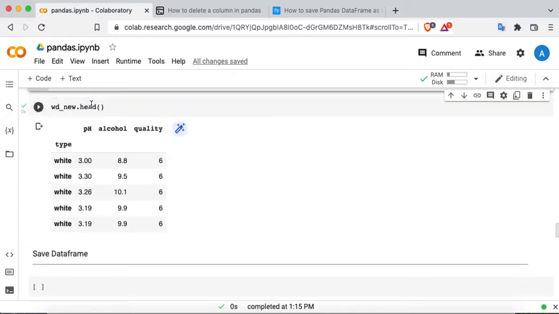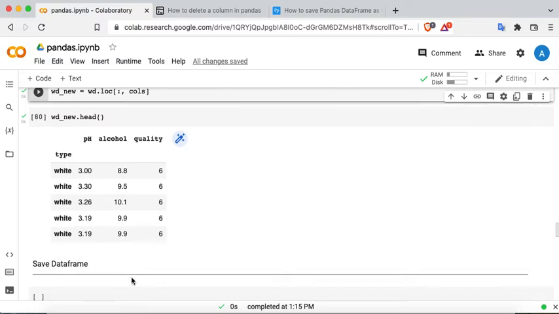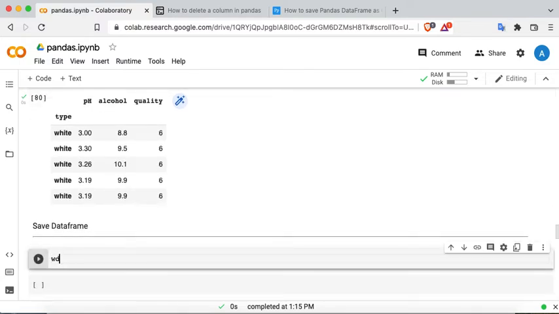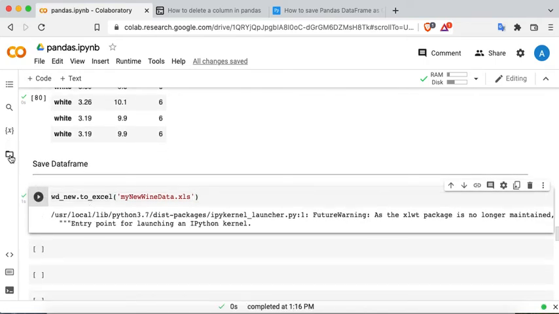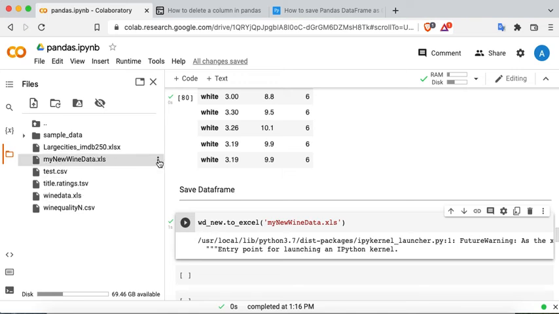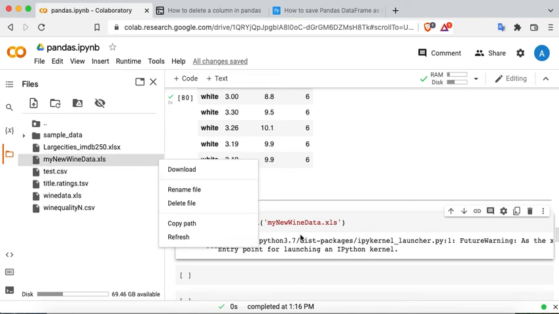Now I have selected this subset of data. I want to save it. So how do I save it? wd underscore new dot to underscore excel, then I'll say my new wine data dot xls. Let's run this, and it is saved. And you can see here, my new wine data. You can download it and use it, load it again,